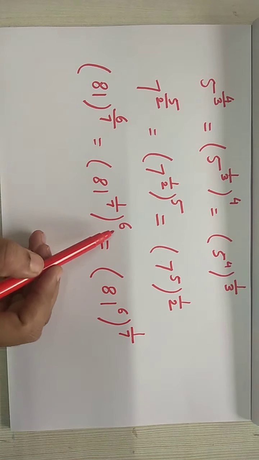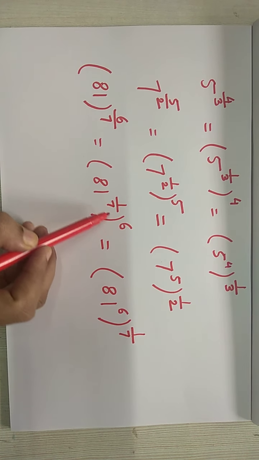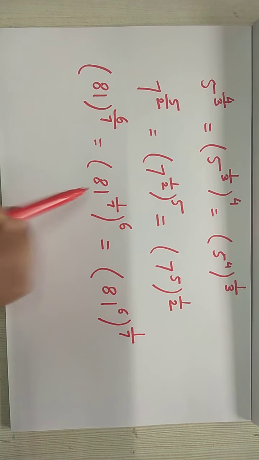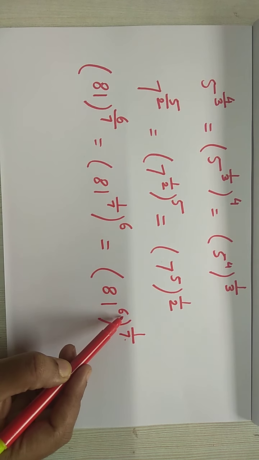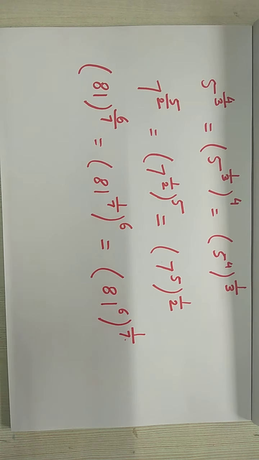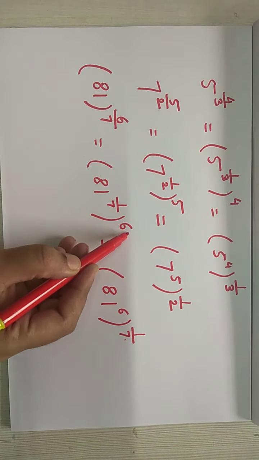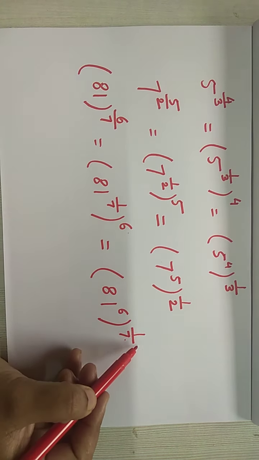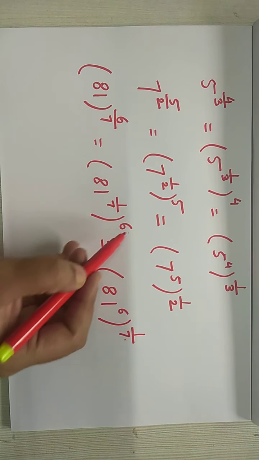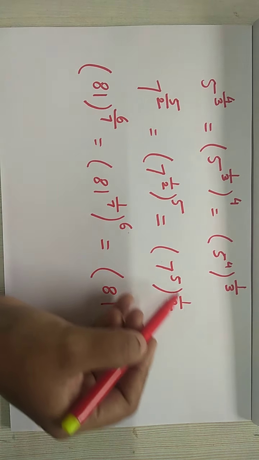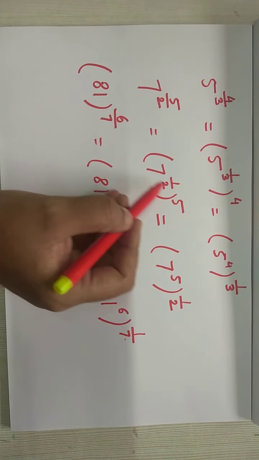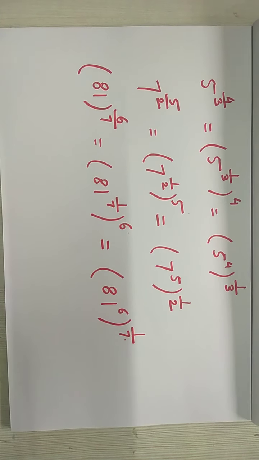Now how to read the first one? 6th power of 7th root of 81. And the other, 7th root of 6th power of 81. This is how we are going to read the numbers. This is power of root: first root, then power. So power of root of 81, and root of power of 81.